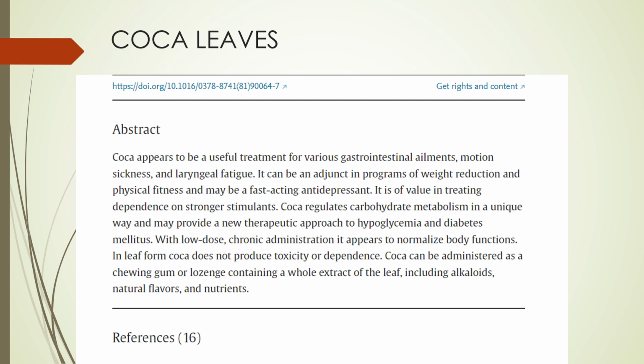Coca regulates carbohydrate metabolism in a unique way and may provide a new therapeutic approach to hypoglycemia and diabetes. With low-dose chronic administration, it appears to normalize body functions. In leaf form, coca does not produce toxicity or dependence. Coca can be administered as a chewing gum or lozenge containing a whole extract of the leaf, including alkaloids, natural flavors, and nutrients. When you go to the airport in Lima, you'll find many candies, toffees, and teas that will